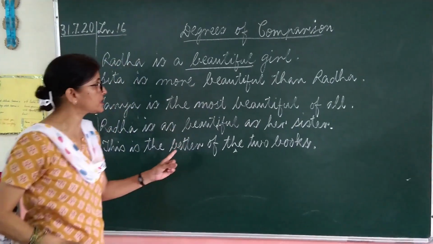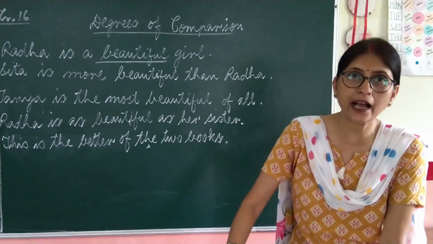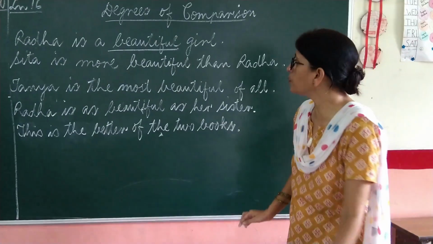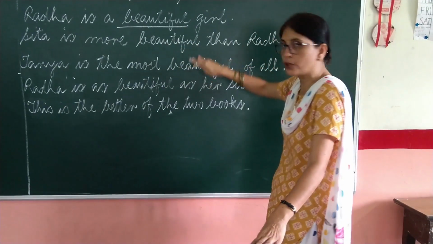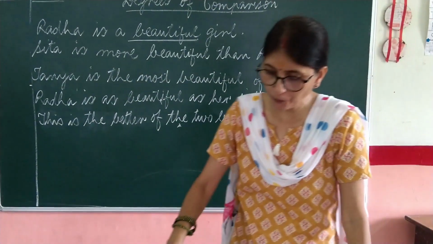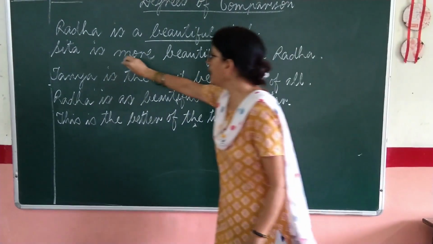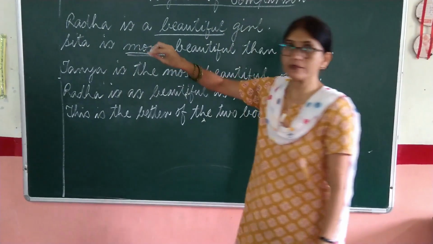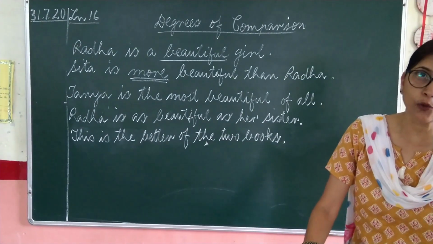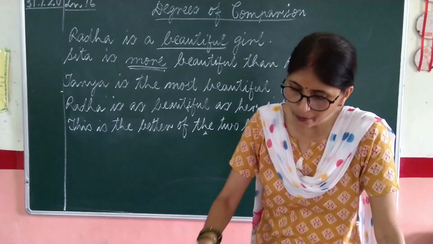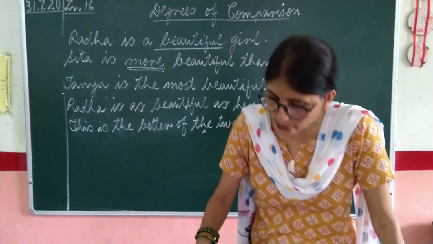Now I told you in the previous video that we make it comparative or superlative by adding ER or EST. Now there are certain words which are made of two syllables, such as beauty plus full is beautiful, wonder plus full is wonderful. In such words, we do not add ER or EST, we add more or most. You have done it from class 3 only, and class 4 also you have studied. Beautiful, more beautiful, most beautiful, wonderful, more wonderful, most wonderful. You have this in your book also on page number 63.